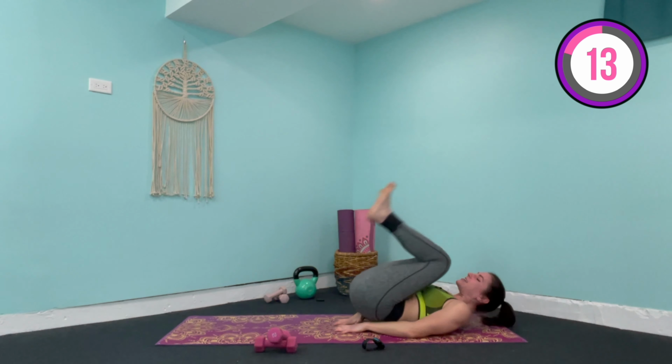So for this one, I actually do want your head to stay on the mat. Hands are still in that diamond shape. You're gonna bring one knee in, press up, and alternate one knee in, press up. Let's go. Bicycle. We're bicycle heel pressing. You're gonna feel this in that lower ab area like crazy. It's also gonna work into that midline because you're going deep into the transverse abdominis to be able to lift